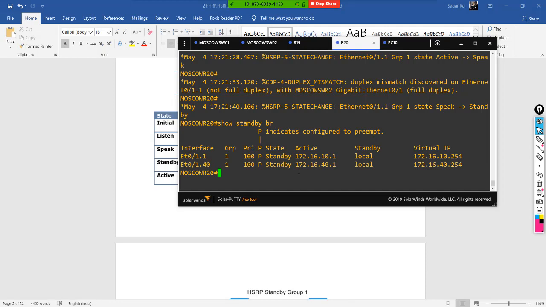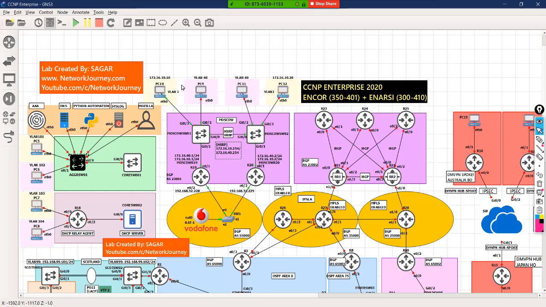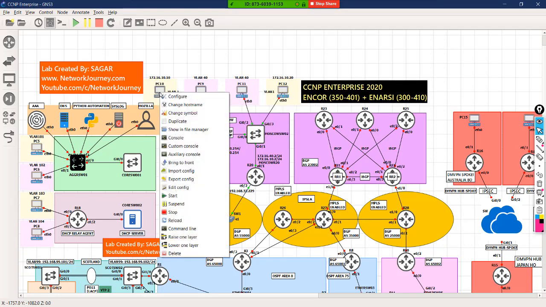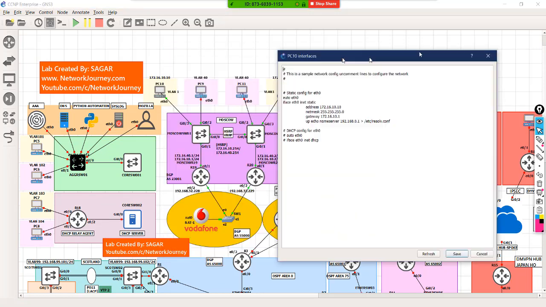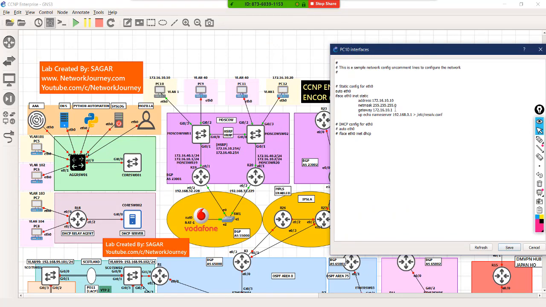Now let's play around with the packet flow. In order to test the HSRP traffic behavior, make sure you edit the gateway now. Your gateway should not point to any physical interface. It should point to the HSRP virtual IP.